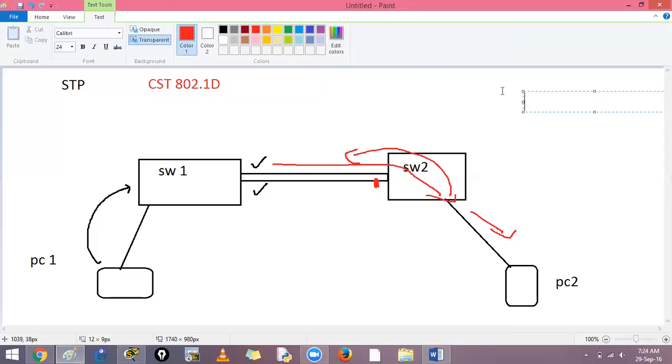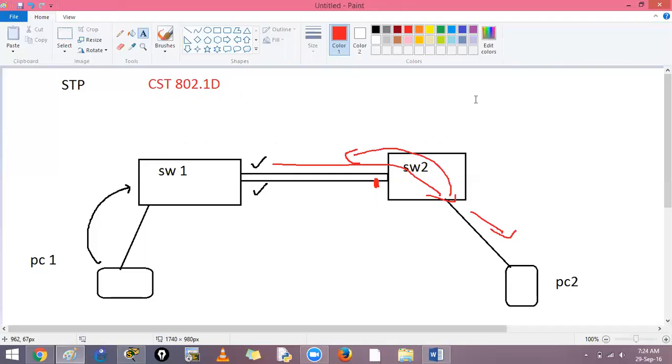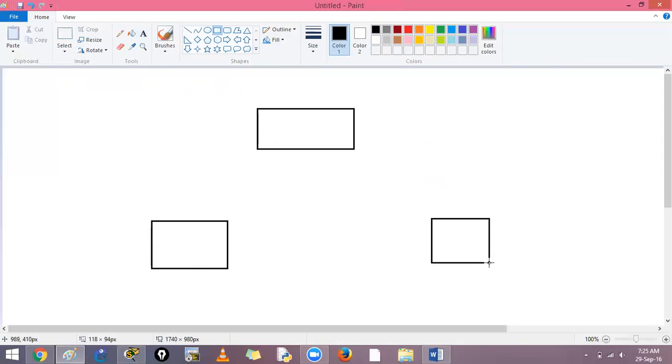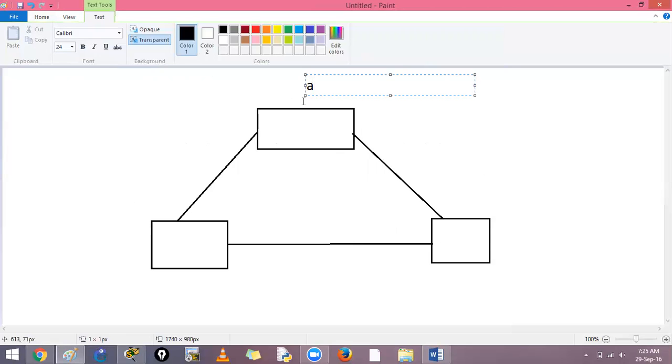Now what will happen in this situation? If these are two switches, it's okay. But let us create another topology. Let's say I have multiple switches, switch A, B and C, and they are connected in this kind of fashion. Now in a situation like this, which link has to be blocked? For example, if this is my switch A and this is my switch B